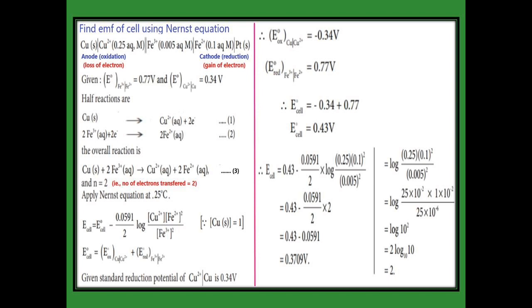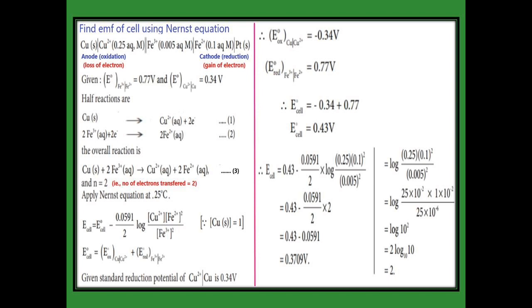But in the first equation, how many electrons are transferred? 2 electrons. So if we put 2 electrons, then Fe3+ also becomes 2 Fe3+, and it becomes 2 Fe2+. That is equation 2. Now add equations 1 and 2 and we get the overall equation: Cu plus 2 Fe3+ gives Cu2+ plus 2 Fe2+. That is equation 3. In equation 3, the copper is the only solid, and all the others are in the aqueous, that is ionic, state. Here 2 electrons are transferred.